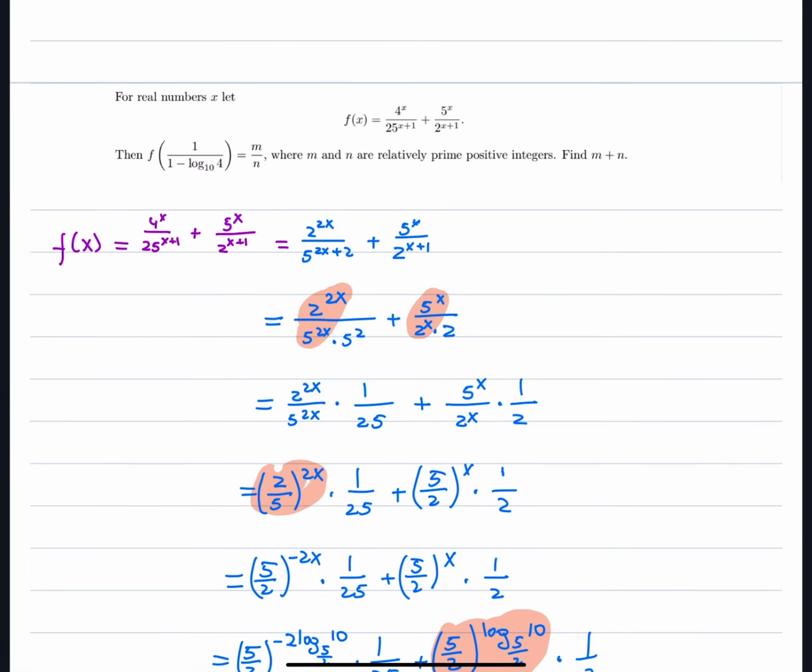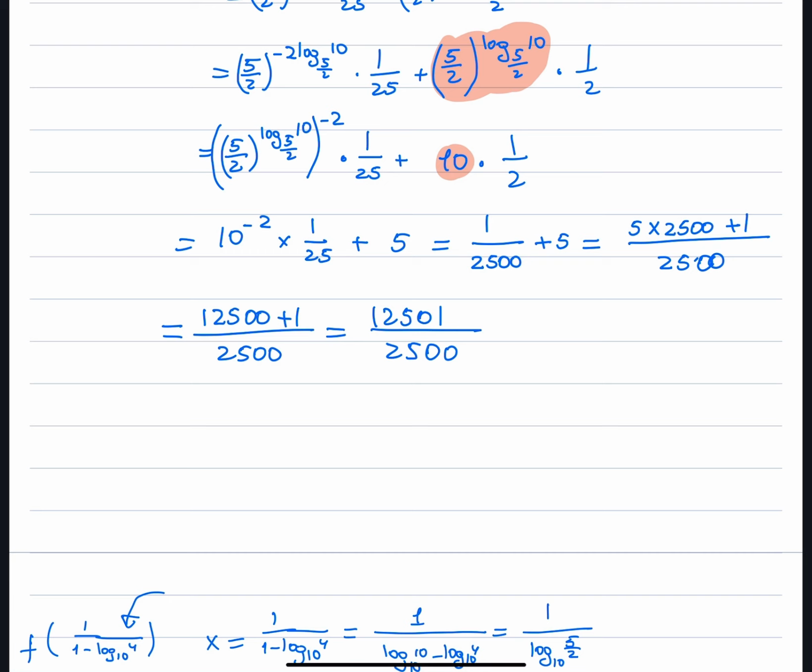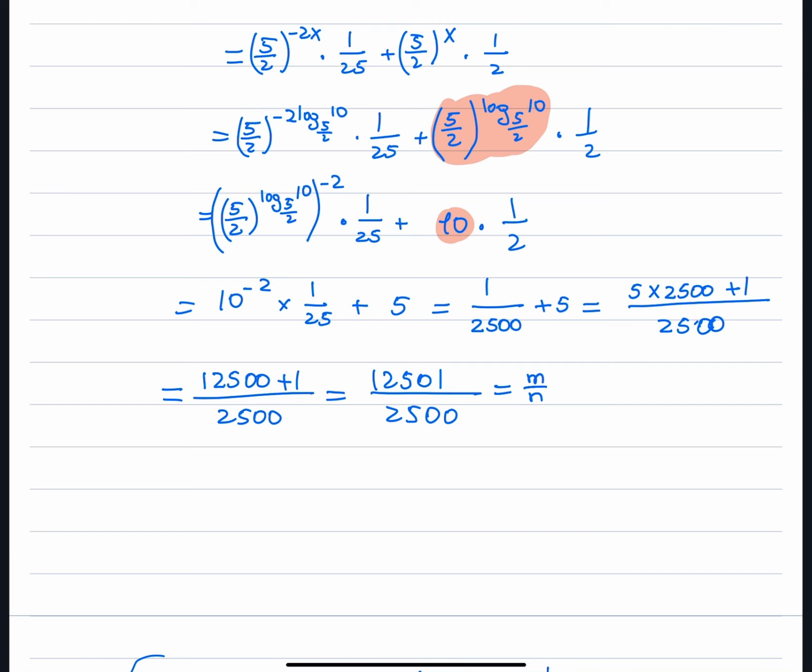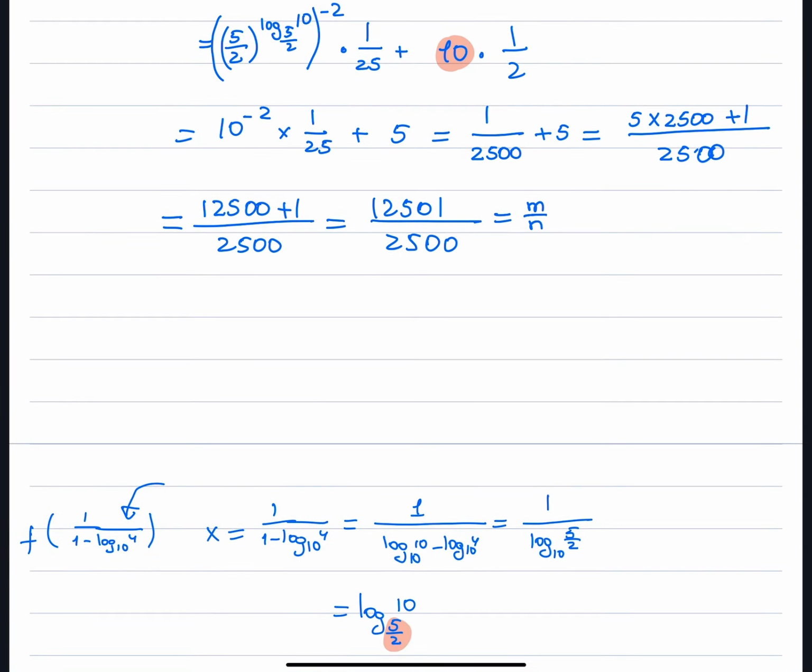And here is the thing, it's asking for the sum of m and n, and right now we found the ratio between m and n is just 12501 and 2500. So since m and n are relatively prime numbers, we can obviously add these numbers. I mean, m is going to be just 12501, and simultaneously n is going to be 2500. So m plus n would be